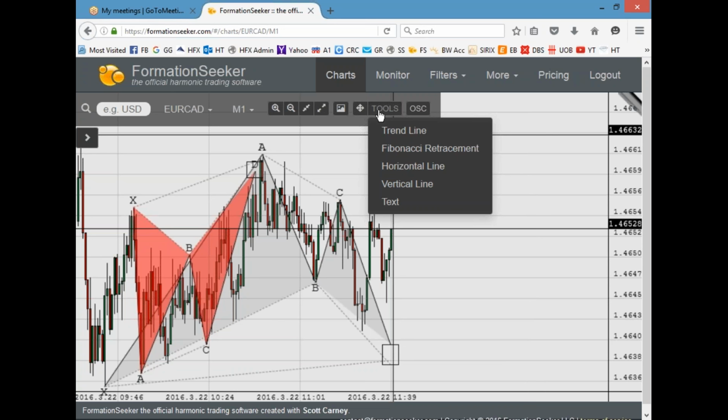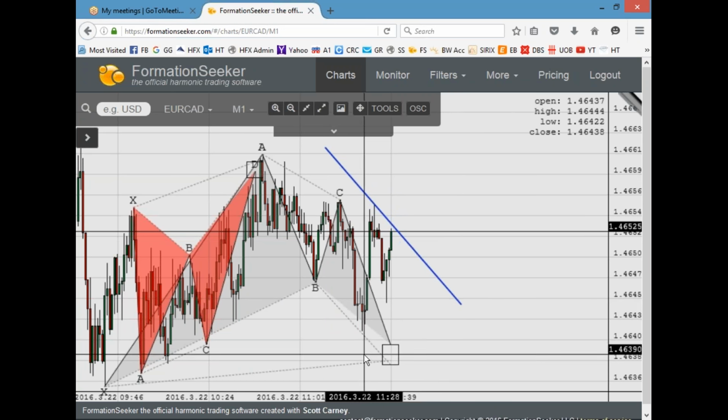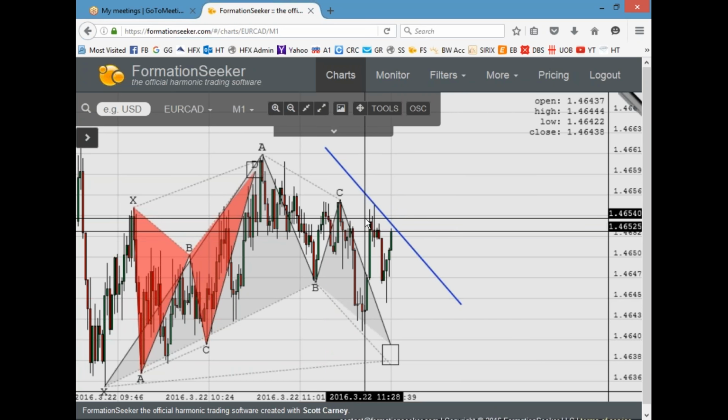But let's go to the toolbar. In the toolbar, you can draw a trend line. Later on, when we start doing live trade analysis, we'll realize that the trend line is something very important when it comes to trading. So simply with the trend line, you can just draw from here to here, let go, and the next time you log in,